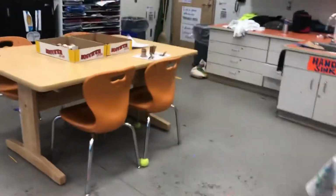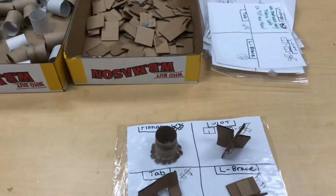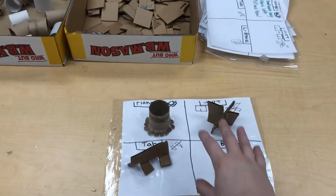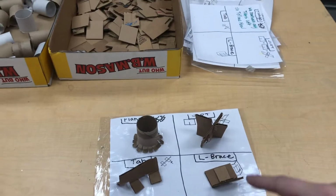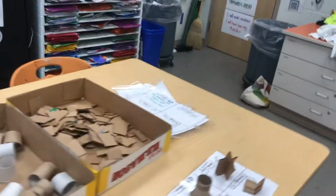Check out the stations and do a tour. So the first thing that you need to do is make sure you've completed this cardboard challenge, which means you've shown me all 4 of these skills and I have signed your folder with this, and that means that you can wear the badge that tells me that you are ready for the cardboard station, which is over here on